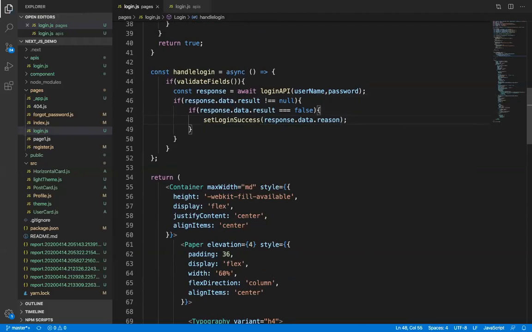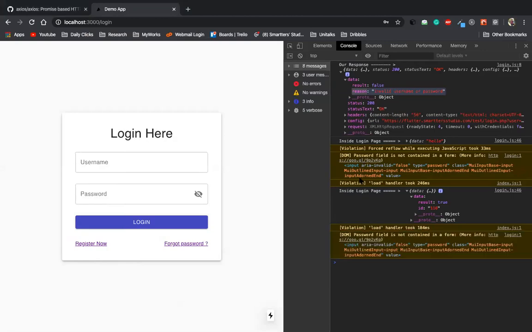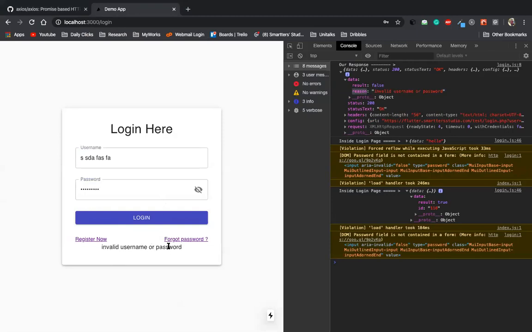So now let's check it out. I'll provide anything here. See, invalid username or password. This is the response which is provided by the API, right?